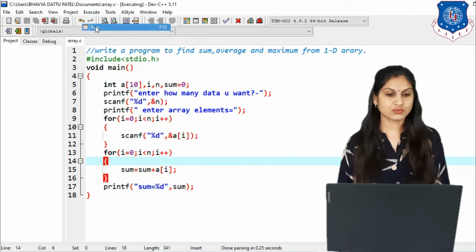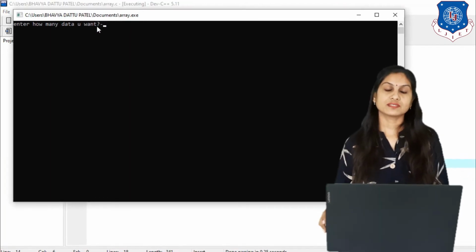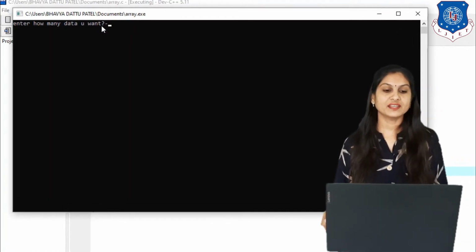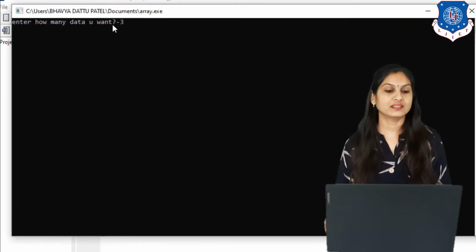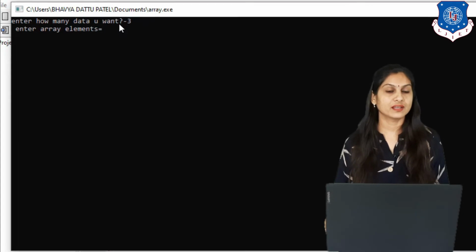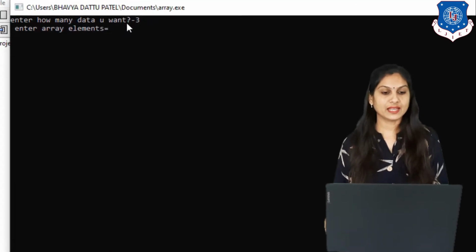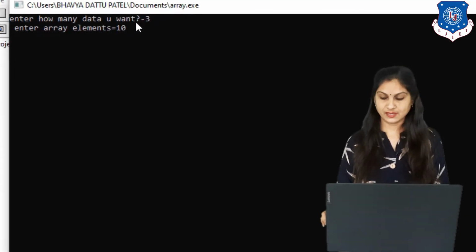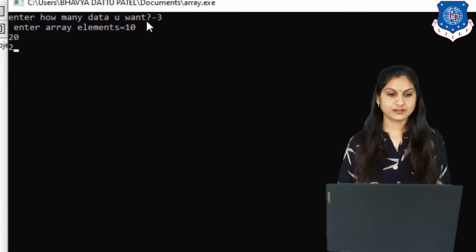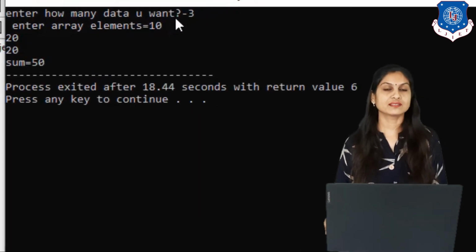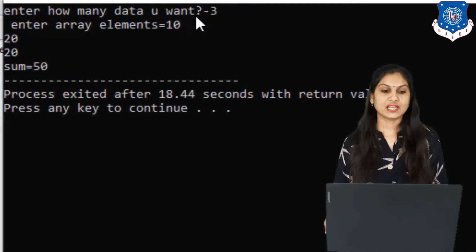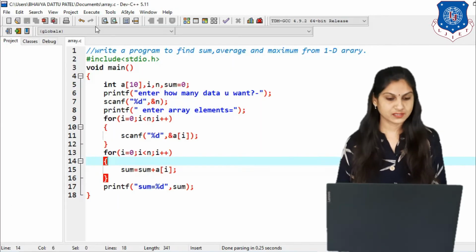There is no error, so you can run. See the message, enter how many data you want. Suppose I enter 3, so you can store only 3 values in our array. Enter array elements. Suppose I enter 10, then 20 and again 20. Then the sum will be displayed, sum equals 50. Likewise you can find the sum.